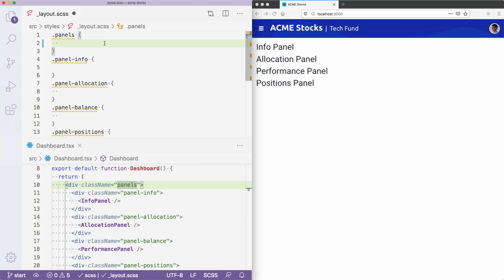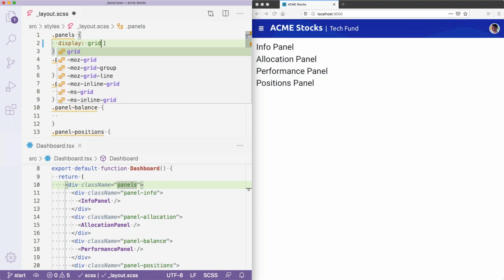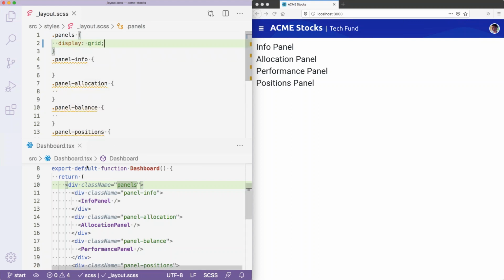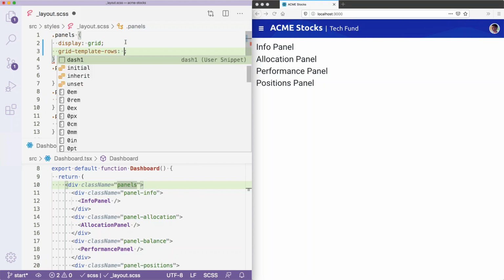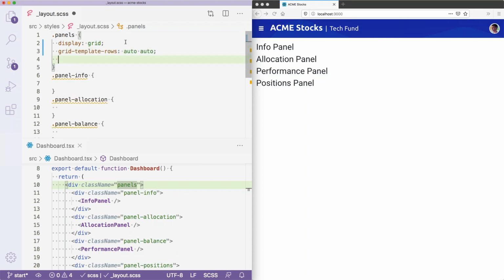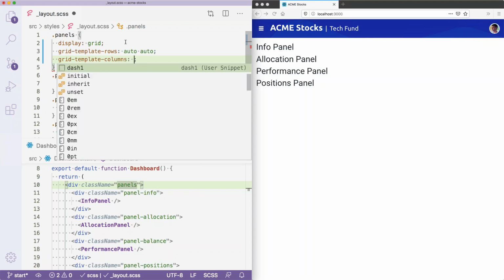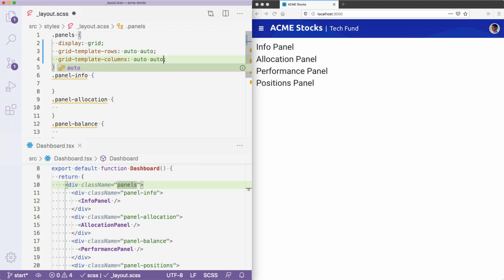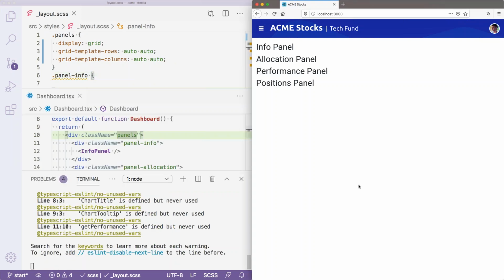Now, if you're new to this, the idea, at least at a high level, is pretty simple. Essentially, what you do is you take your parent component and mark that as a grid container, basically saying this is the container for my grid. And then within it, you define grid template rows. You can divide your screen up into rows and columns. So we've got rows and columns. We'll say auto. And what this is going to do is divide our screen up into 2 rows and 2 columns. Once it refreshes,